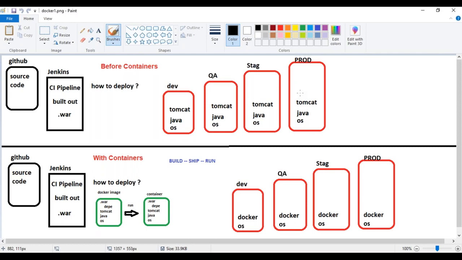We used to face a lot of issues here. The first and foremost is that the application may work in your lower environments but might give some problems in the production environment. This is where the blame game starts: when we have a production outage, we call everybody into the call, and then finally we call the developer and say that the application is not working.